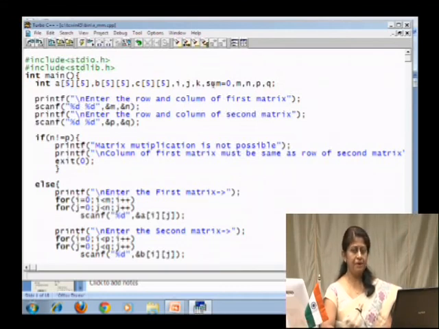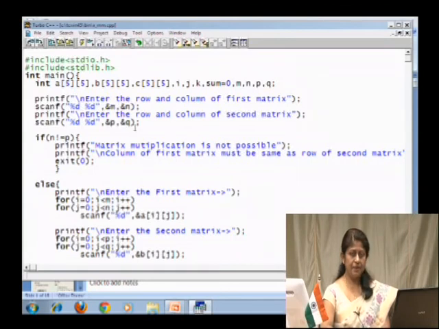And we have a sum variable, which we are going to compute and then finally put in the resultant matrix, and which is also initialized to 0. And then we have m, n and p, q, which are going to be taken as the order of the matrices. So, in the beginning we are going to enter the order of both the matrices. So m and n, p and q are going to be accepted from the user.